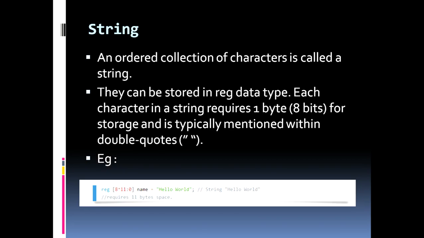And finally come to the string. The string is a sequence of characters enclosed by double quotes and contained on a single line. For example, an 8-bit ASCII value represents one character. The model name is hello world. The string is